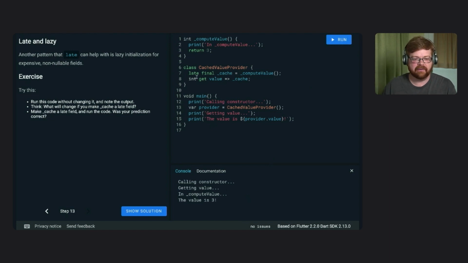Without late, if I take this out, right? This is an initializer. It's going to get run immediately once that object is created. Dart's going to go, hey, I need a value to put in here. I need it right now, so I'm going to run this function right now and put the value in at initialization time. With late, though,